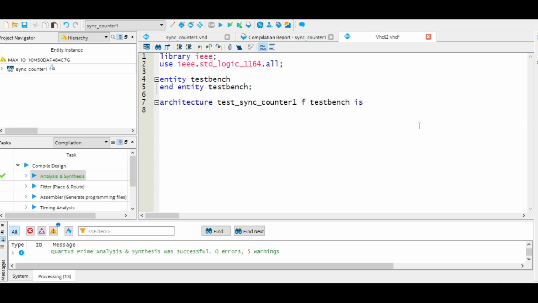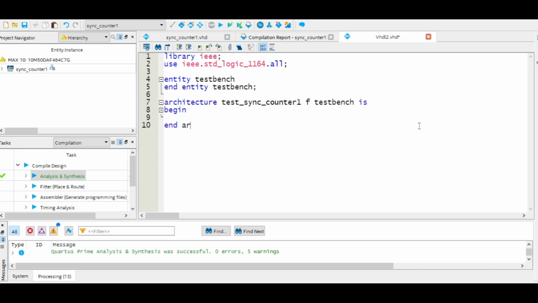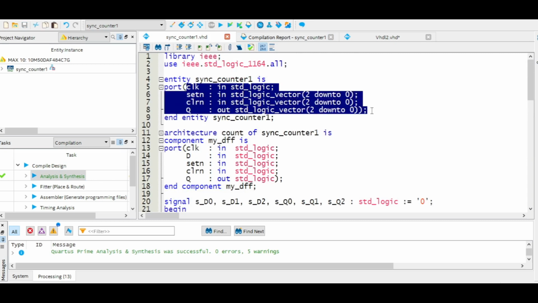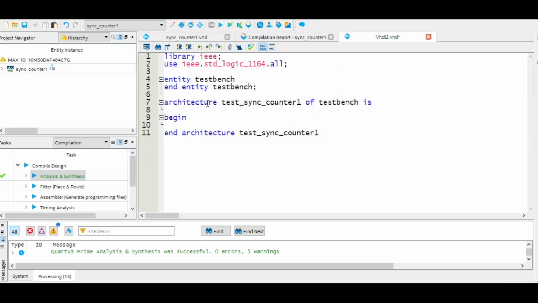Okay, so our compilation occurred, went through successfully, thankfully. Architecture, if I can type, test sync counter 1. This is to be off. I'll need a number of signals. Specifically, the number of signals I need is dependent on the number of ports that I have here. So I'll just copy this and paste it in my code here so I don't have to keep on referring to that. So I'm going to need signal